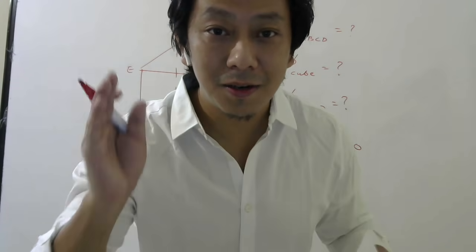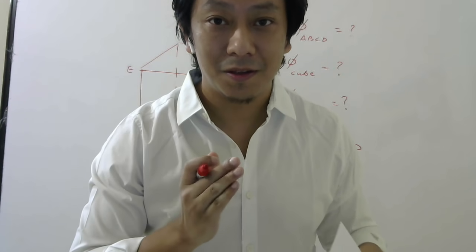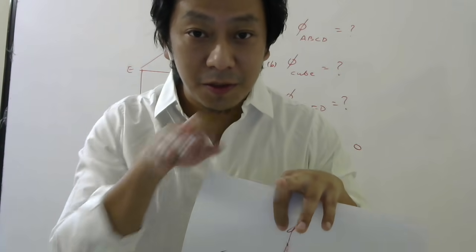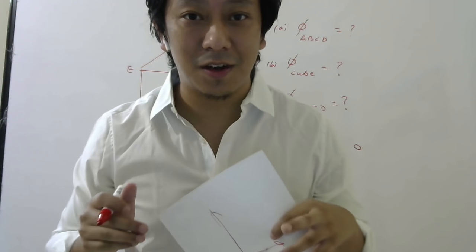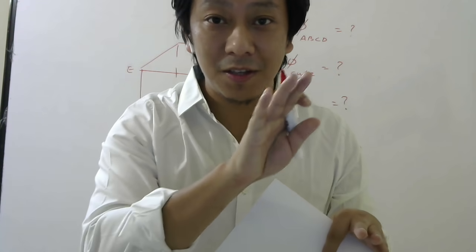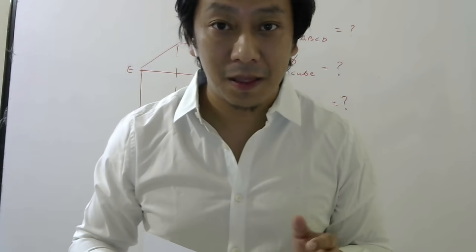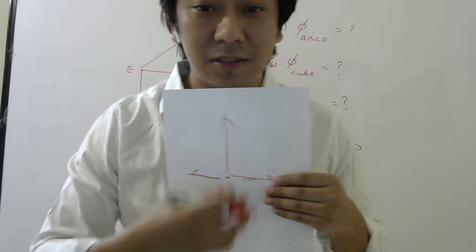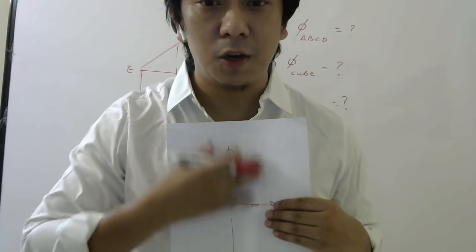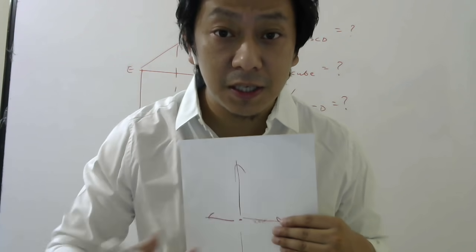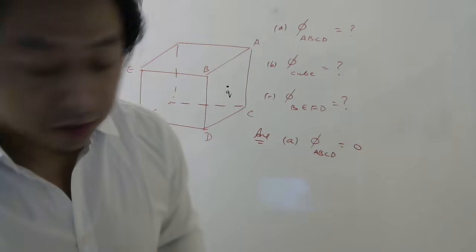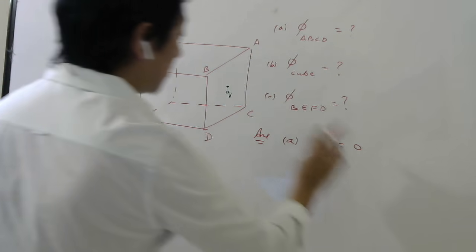This is like people walking parallel to the door, then we say there is no flux. Remember that example I used to tell you. If there is a door, people should come out perpendicularly, then we say there is flux. If they come at an angle also, there will be some flux. But if they walk parallel to the surface, then there is no outward flow of people. Understanding or not? So the lines of electric field from this charge will be parallel to this surface, which means they are not cutting the surface. So there cannot be any flux through this surface. So flux through this surface will be zero.